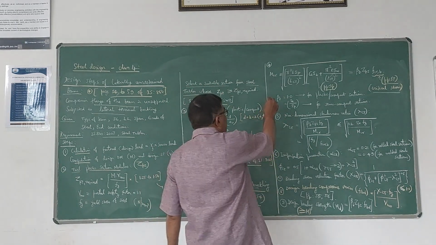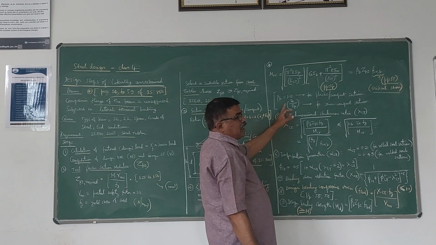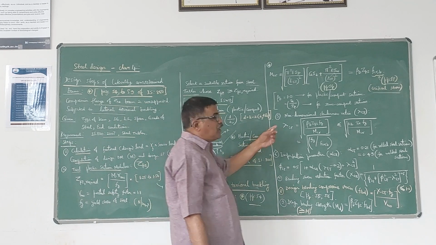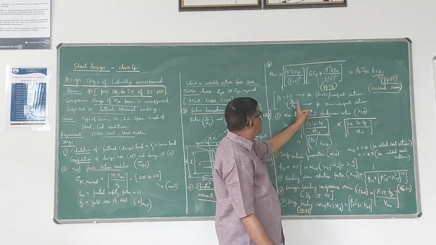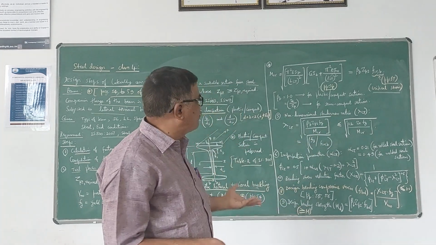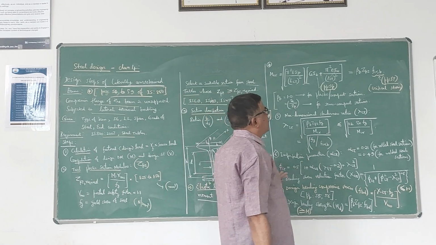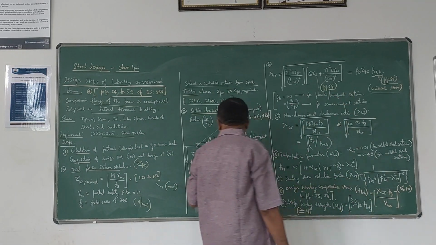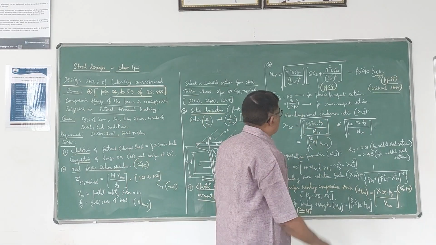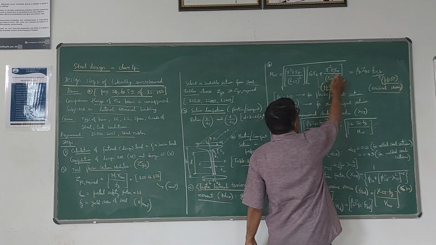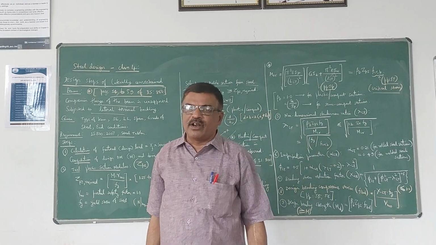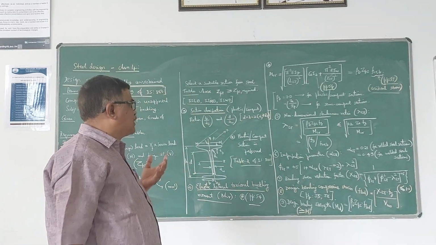Where this beta B is defined like this, its value is taken as 1 if the section whatever you have chosen is plastic or compact. Its value is the ratio of elastic section modulus to plastic section modulus if it is a semi-compact section. So if you are choosing plastic or compact, directly you can take that beta B value as 1. Then ZPZ value, of course, you are going to get for this section. FCRB you can get from the tables. Otherwise, you have to calculate this IT, IW and all, and substitute here. Young's modulus you can take as 2 into 10 power 5 MPa for steel.